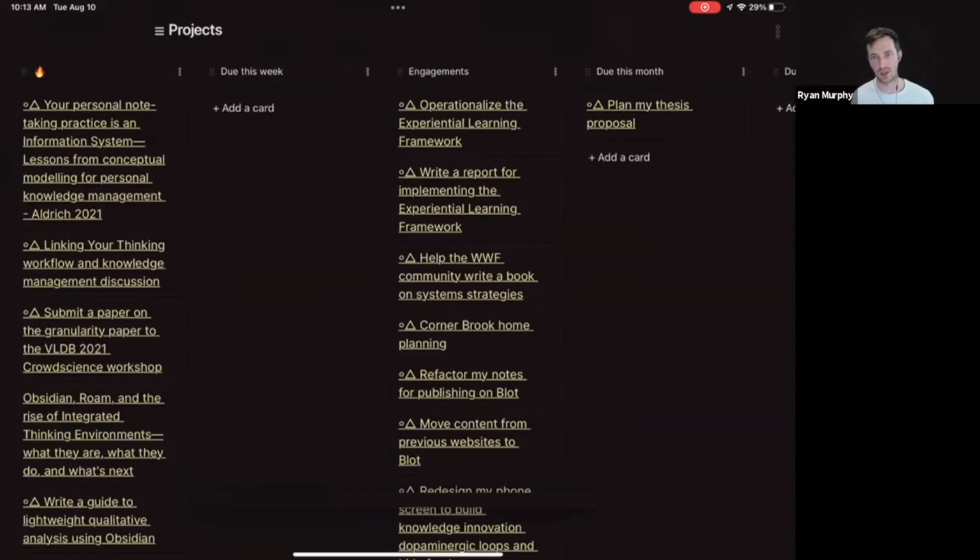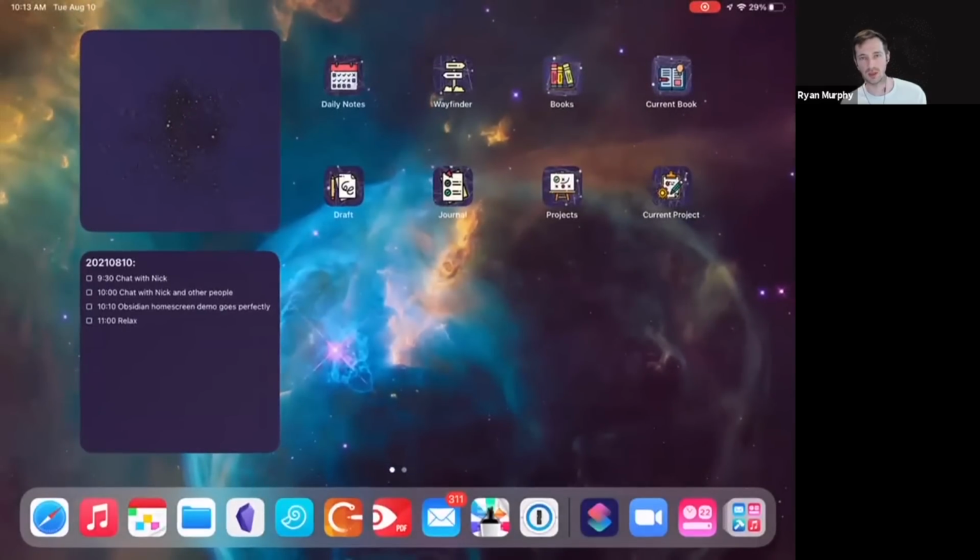So I manage my projects, and I use Obsidian mostly as a project management tool, less as a knowledge management tool, which might be something we can talk about later. But if I manage my projects from here, it actually will dynamically change how that shortcut that I just launched shows. The list of projects that it'll show, the topmost one is the one that corresponds with the current project button over here.